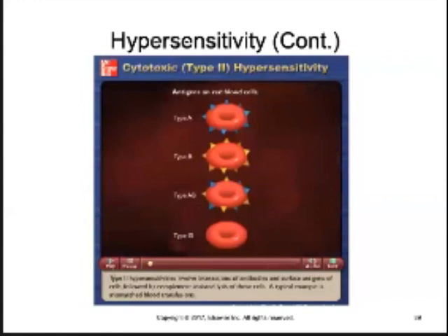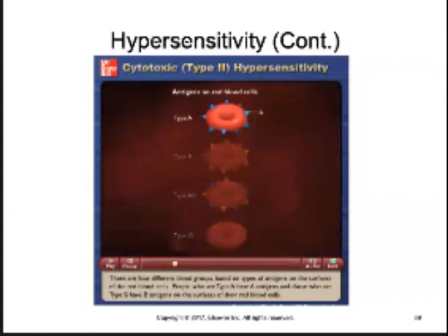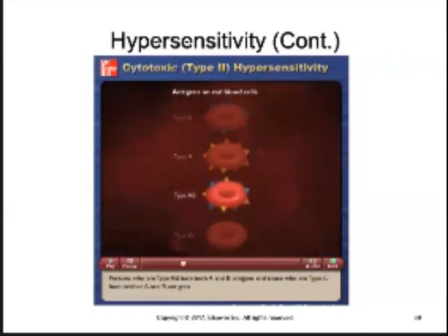Two hypersensitivities involve interactions of antibodies and surface antigens of cells, followed by complement-assisted lysis of these cells. A typical example is mismatched blood transfusions. There are 4 different blood groups based on types of antigens on the surfaces of the red blood cells. People who are type A have A antigens, and those who are type B have B antigens on the surfaces of their red blood cells. Persons who are type AB have both A and B antigens, and those who are type O have neither A